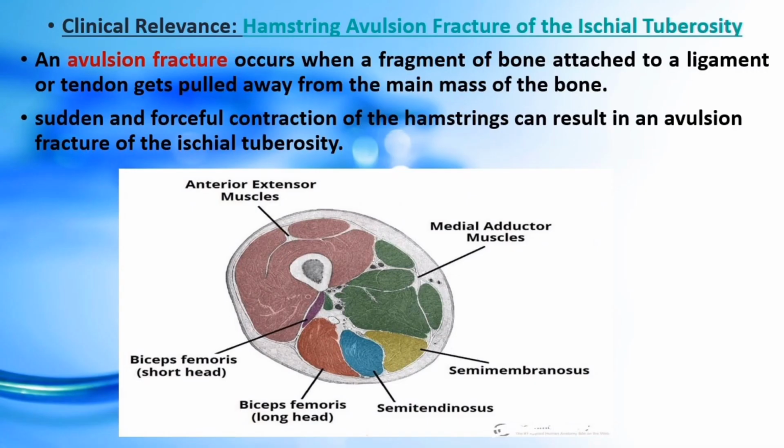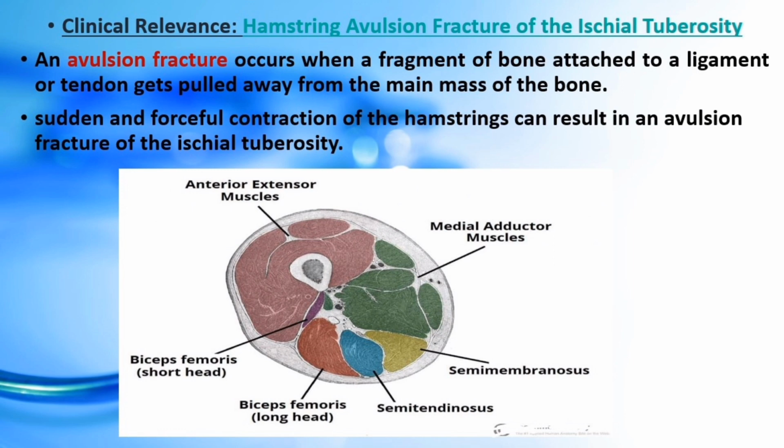Clinical relevance. Hamstring avulsion fracture of the ischial tuberosity. An avulsion fracture occurs when a fragment of bone attached to a ligament or tendon gets pulled away from the main mass of the bone. The muscles of the posterior thigh all originate from the ischial tuberosity of the pelvis. In rare cases, predominantly adolescents, sudden and forceful contraction of the hamstrings can result in an avulsion fracture of the